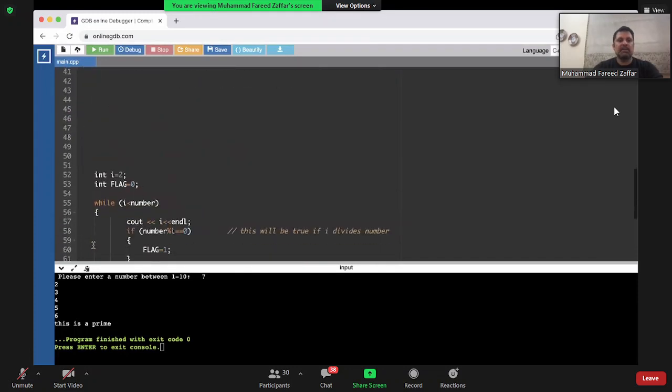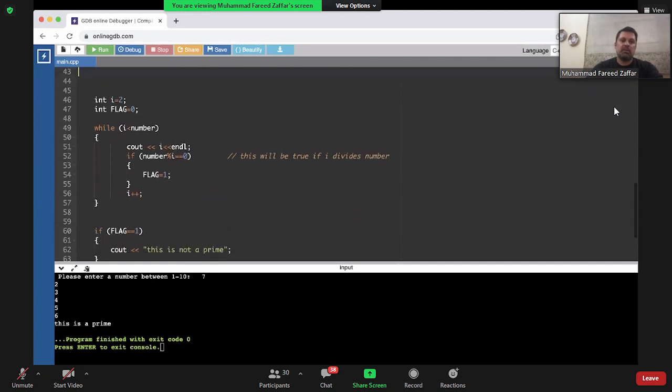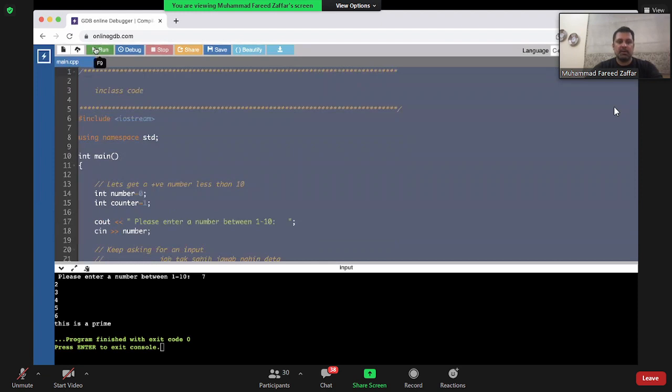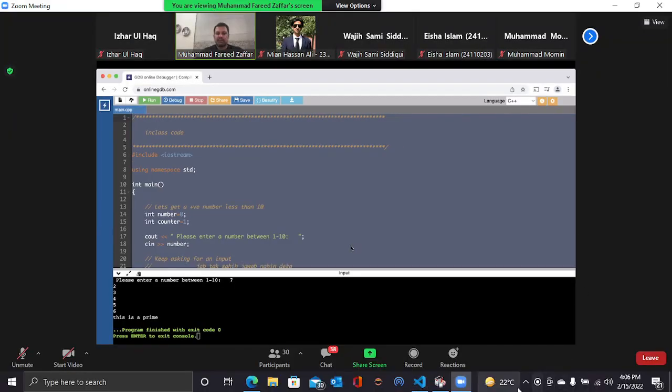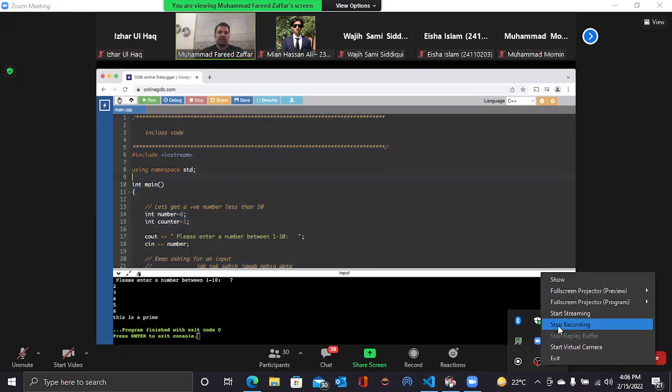But the idea is that we are getting a number between 1 and 10. So I'm going to copy paste this code and I'm going to upload this as well. If you guys want to sort of try this, copy paste नहीं हो रहा, I'm just going to save this and upload it on